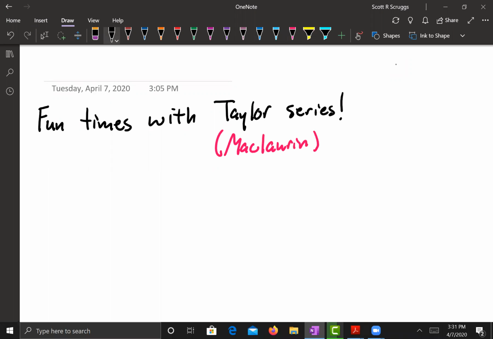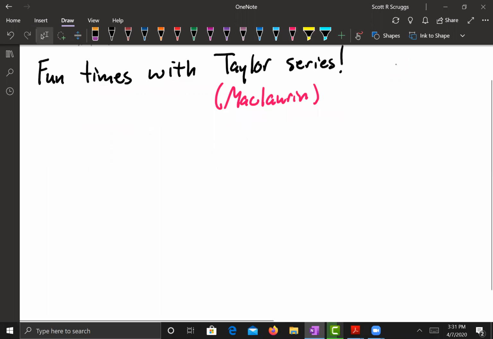And essentially my goal today is just to follow the same pattern that we've been doing for the previous few days. Do practice problems, and let's do it with Taylor series. So the first problem I'm going to do explicitly, and that's to give you all the rough idea of if I'm given a brand new function, how can I get that brand new function and form a Taylor series around it. So for that example,